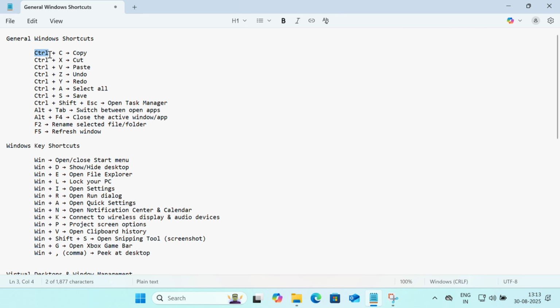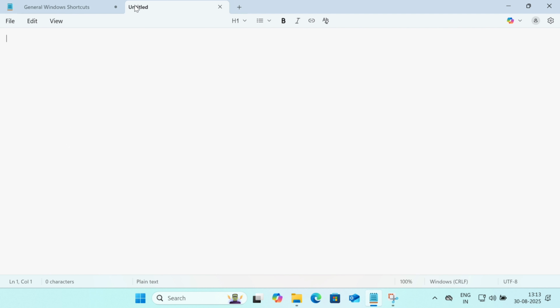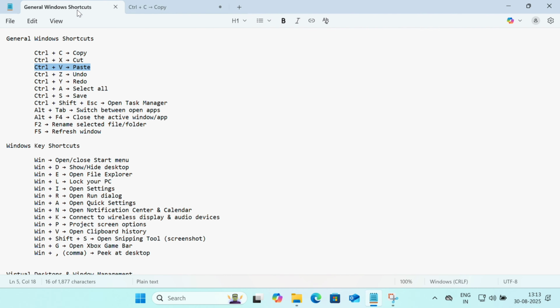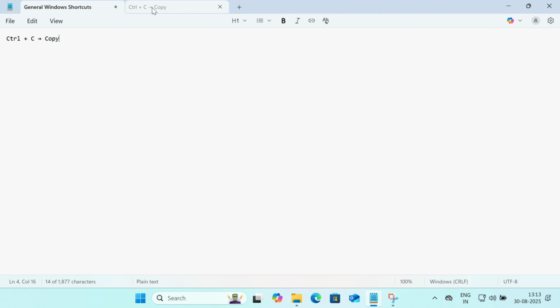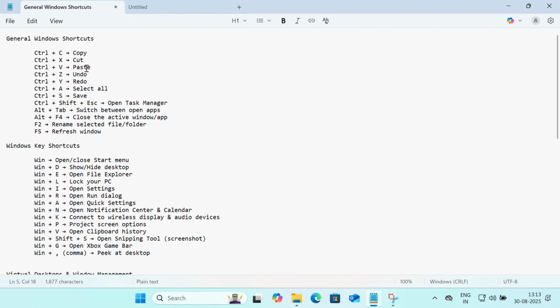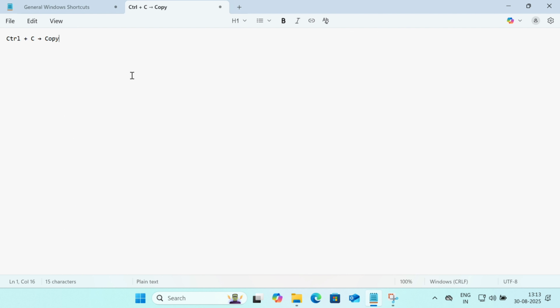Let's start with one of the basic Windows shortcut keys, Ctrl C, which is for copying. So I have copied it and I'm opening a new tab and using Ctrl V I pasted it here. So the next shortcut key is Ctrl X, which is used for cut. Once I clicked on Ctrl X, it cut the data and now I'm using Ctrl V to paste the data